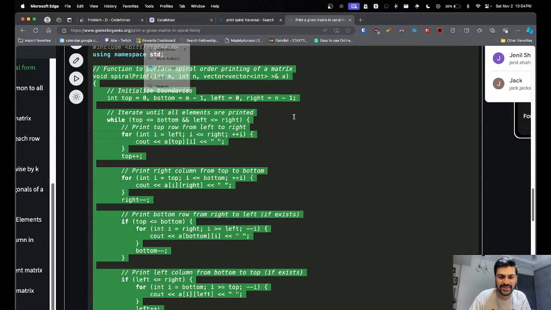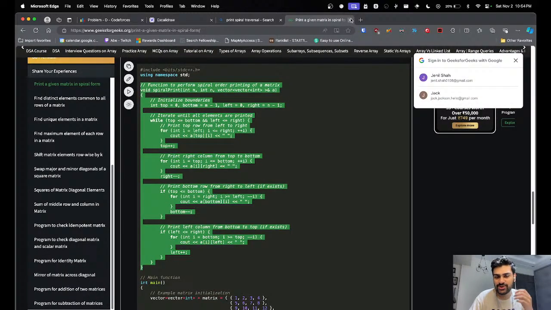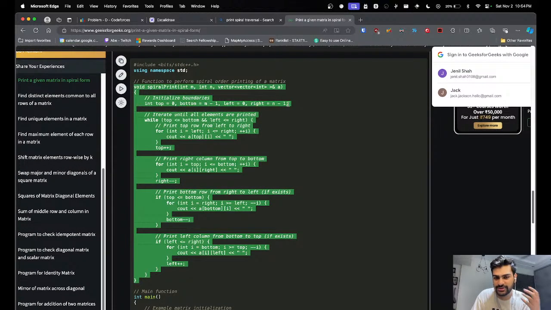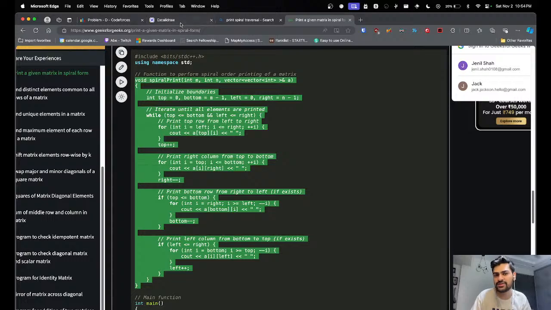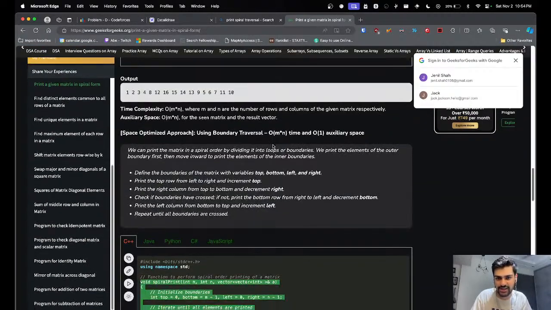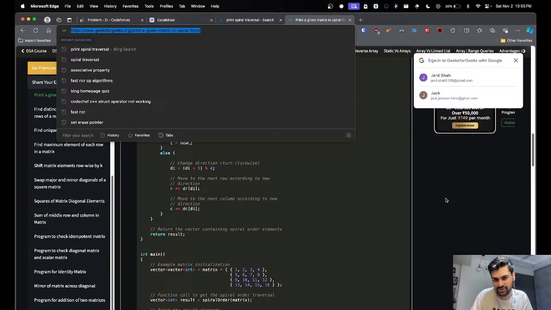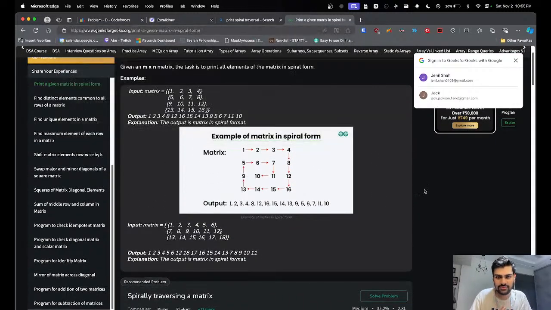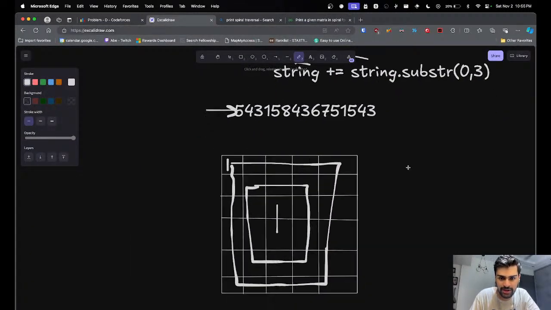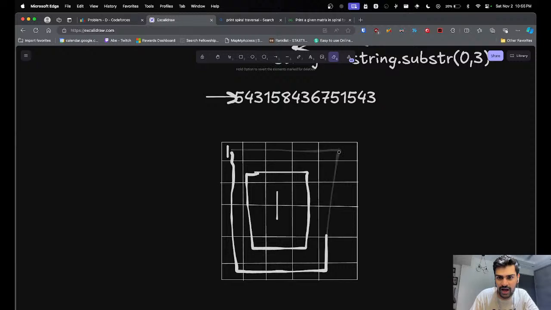If you're just practicing, you can just copy paste. But I'll tell you how this algorithm works. If you want to refer later, you can just go to this article and refer to how it is working. But now, how this algorithm works is basically